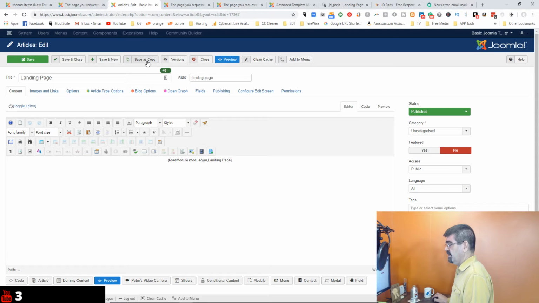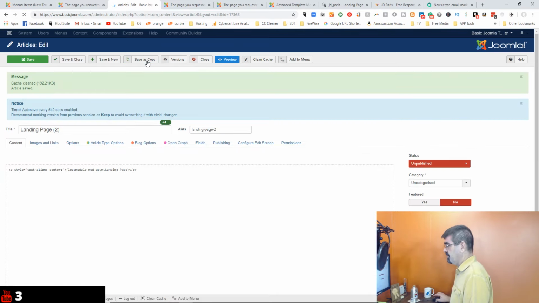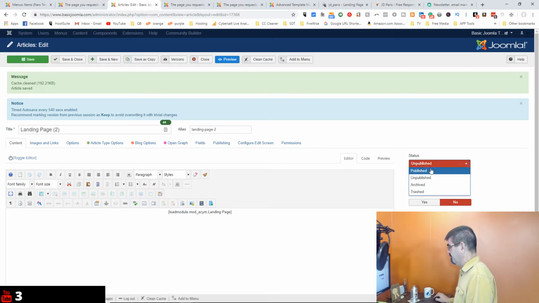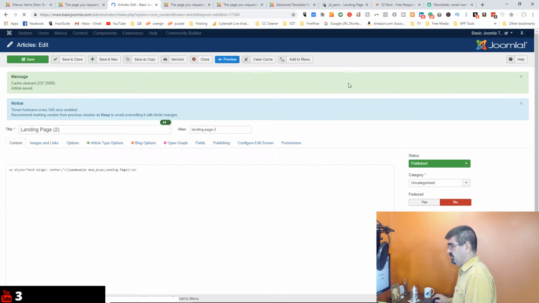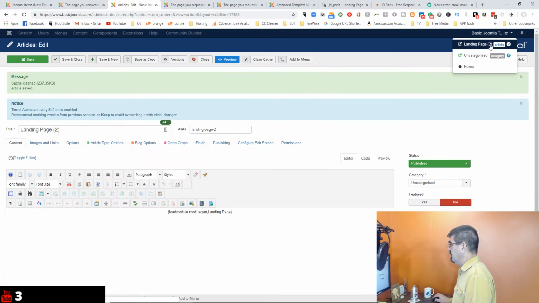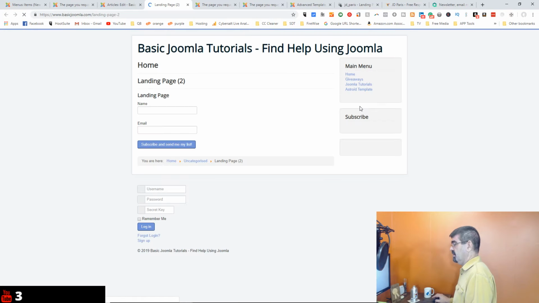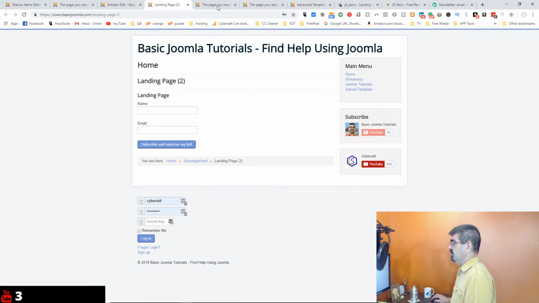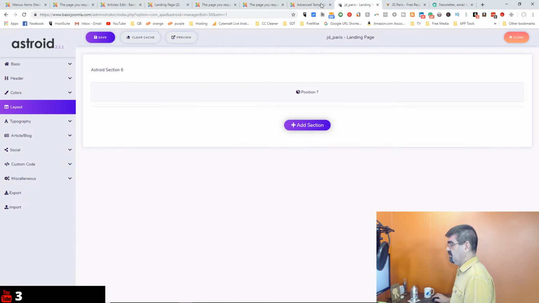I'm going to save this landing page as a copy. Make it an entirely separate page. This is just because of me setting up and practicing and trying to be prepared. Now, landing page 2, we'll save that. Now when I preview it, it should bring it up on the old template. Great, because now what we can do is go back into